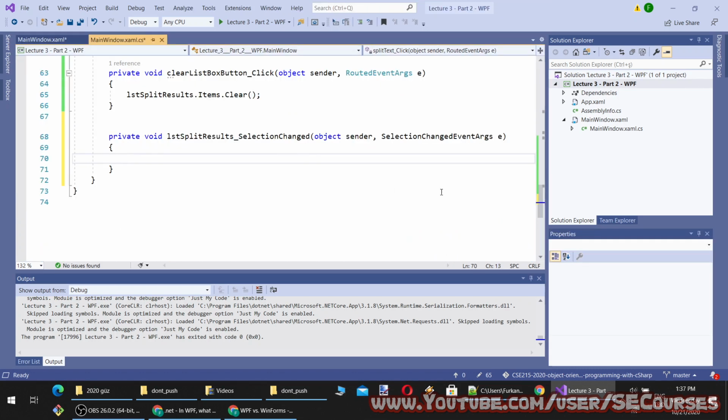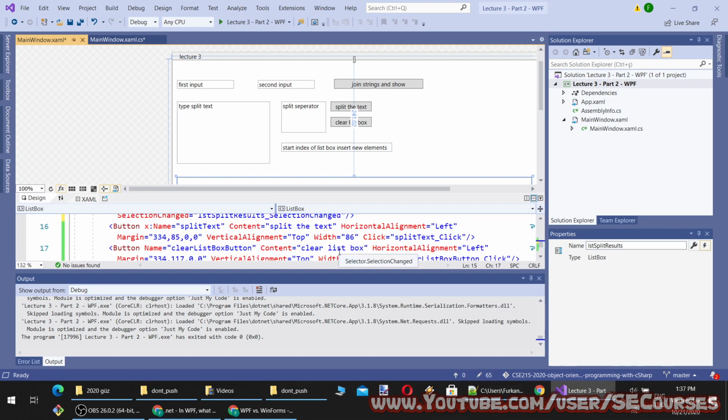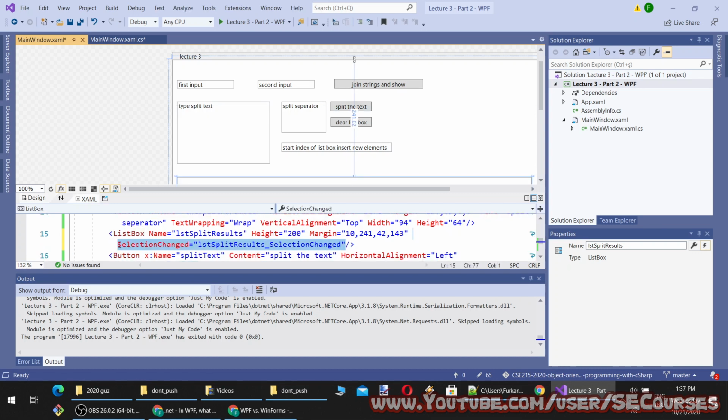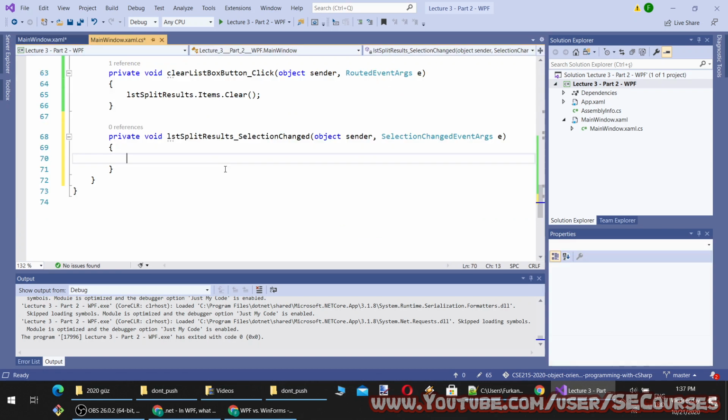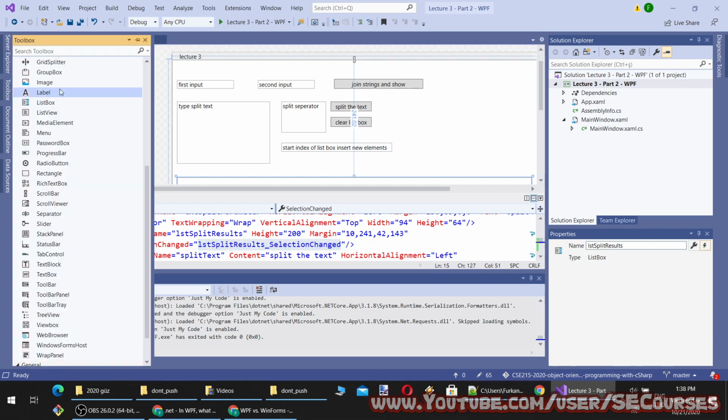So I double click it and it composed a selection changed event. I can see that event in the list box XAML definition. You see, the selection changed event is now equal to this event. So I am going to add a hidden text box and a button.